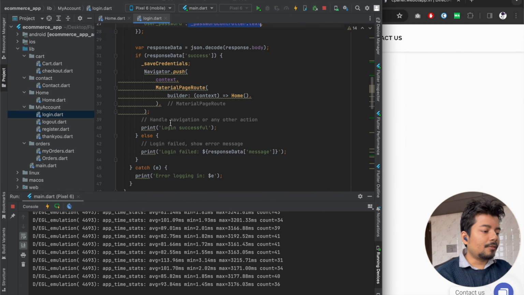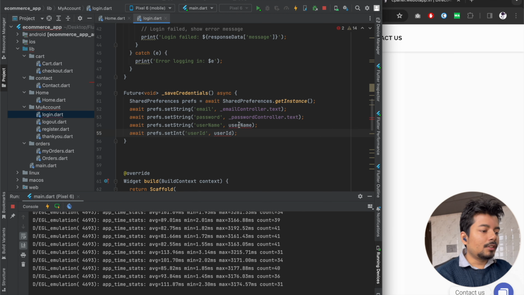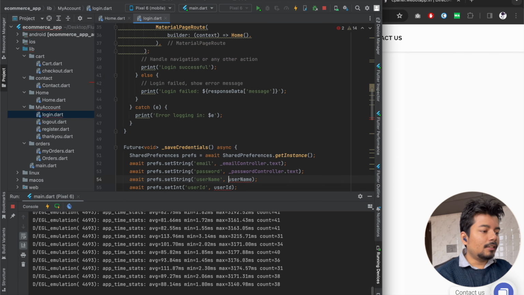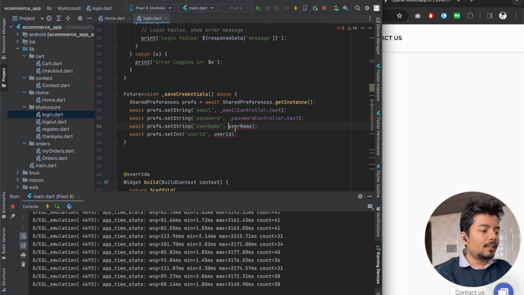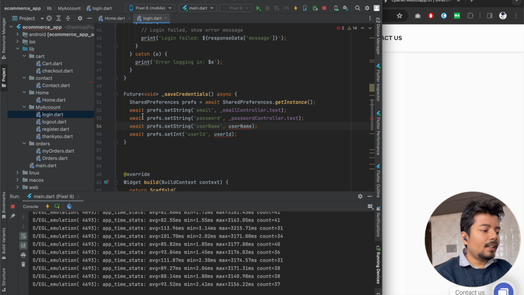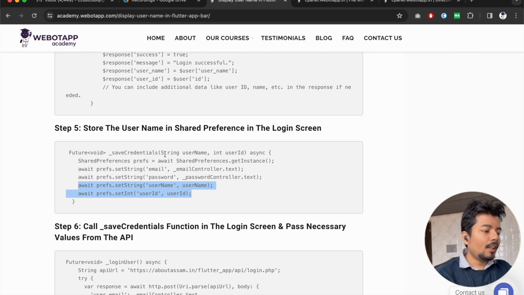Inside our login.php file, here I will tell my program that I will be storing these two values. Once I pasted these two values, I can see one underlined red color, one error here. This simply means that we have to tell this function that we will also get these values from any other place. And for this, I will copy it